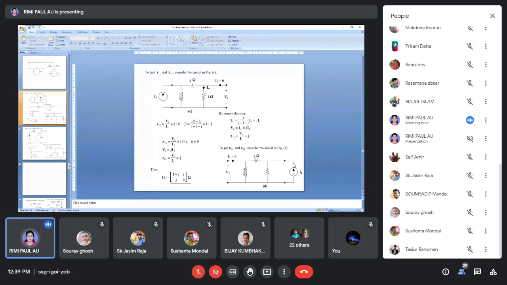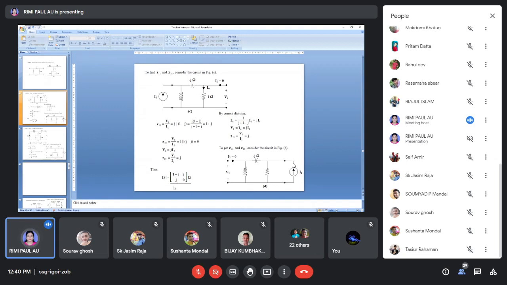So minus J plus J is 0, parallel to the wire. So this is equal to 0. Exactly, Z equivalent is now 0. If I give supply here, Z equivalent is now 0. So Z22 is 0. Now what is Z12? From this concept, you will find out what Z12 is. So this is the answer. You will check whether this answer is right or wrong.